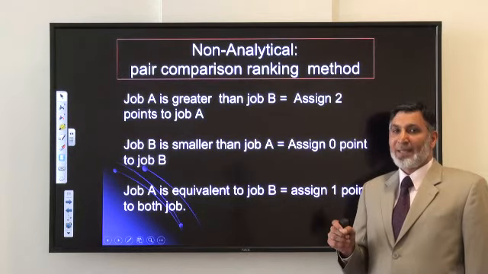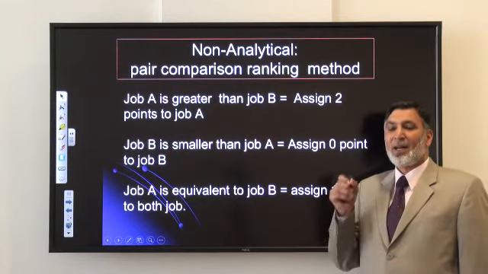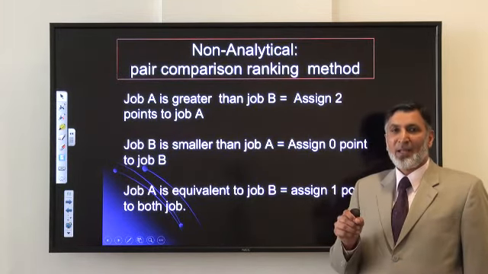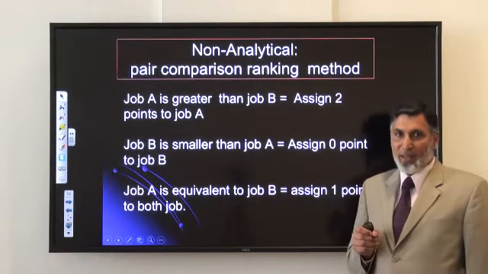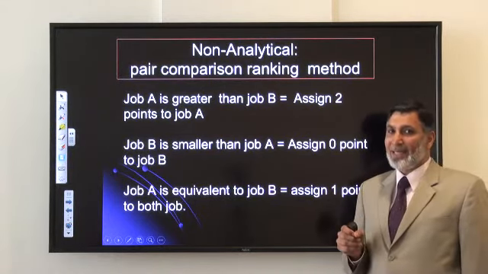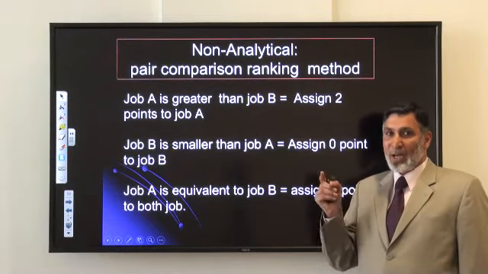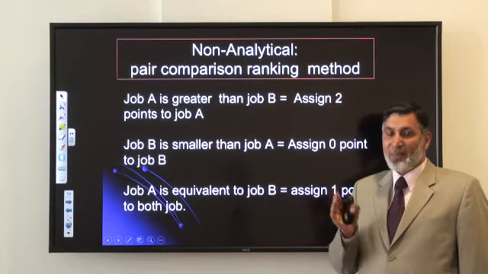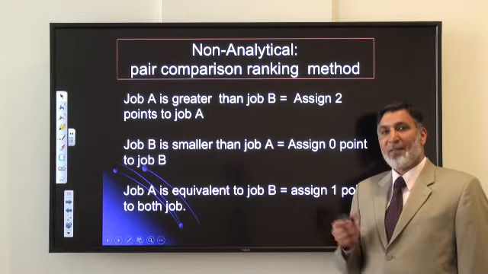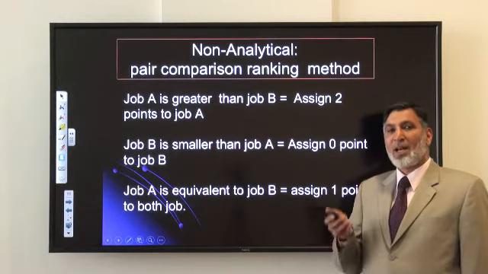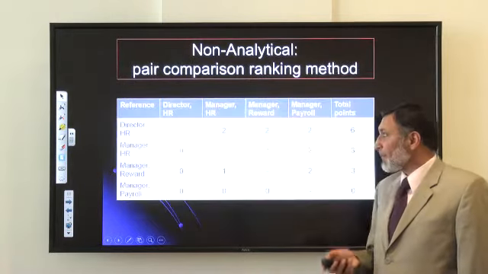If job B is less important or has less worth than job A, we will assign 0. If job A has the same importance, the same worth as job B, we will assign 1,